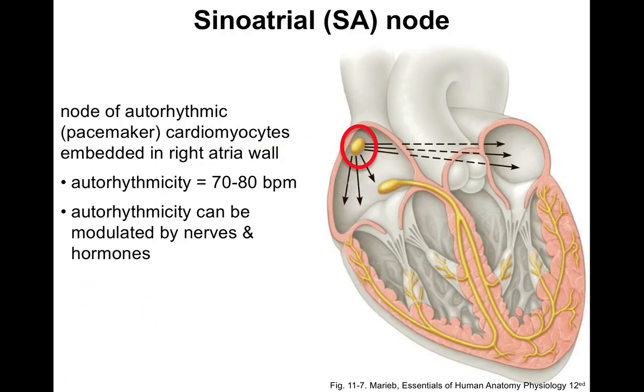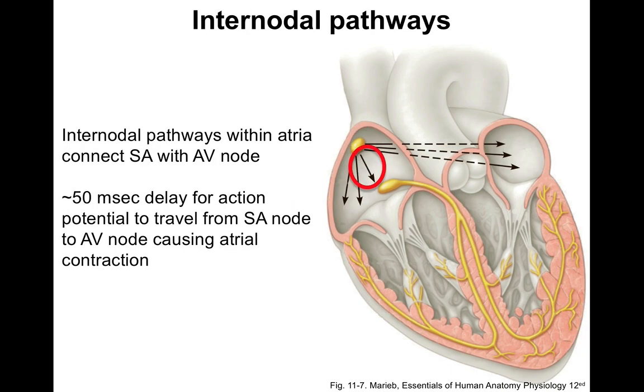So the sinoatrial SA node is located in the wall of the right atria. It's autorhythmic, around 70 to 80 beats per minute. And this obviously can be modulated from external stimuli such as nerves or hormones. But if you were to remove the heart completely from the body, it would still generate an autorhythmic pulse around 70 to 80 beats per minute. This impulse, this electrical signal, leaves the SA node and travels through internodal pathways within the atria. So it will stimulate the atria to contract during atrial systole. And you also have a signal going through the AV